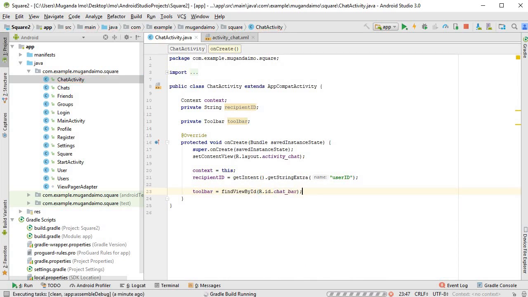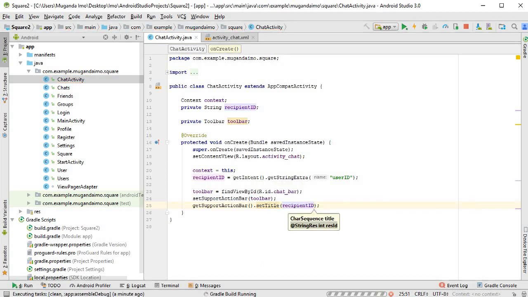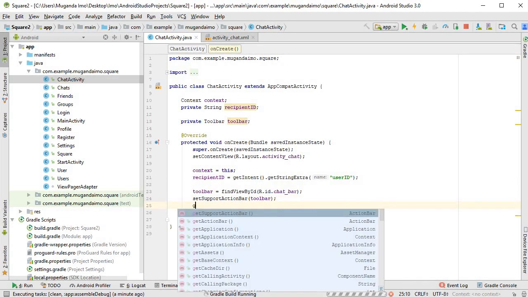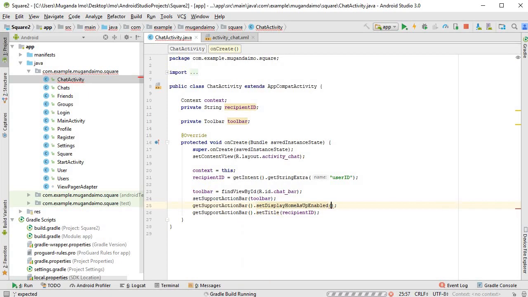Yes. Okay, next thing, let's set that as the support action bar: setSupportActionBar(toolbar). Then getSupportActionBar().setTitle. This is just for testing. For now, I'm going to put that recipient ID, and also getSupportActionBar().setDisplayHomeAsUpEnabled to be true. So this will give us the back button at the top, which will allow us to go to the previous activity,